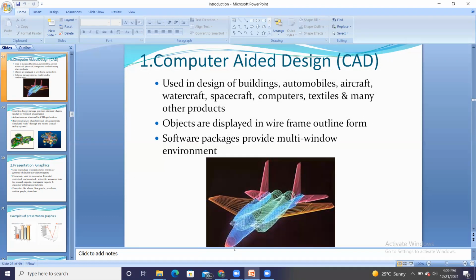It also provides a multi-window environment. It gives you different views like top view, bottom view, and side view. All those views are shown in multiple windows so that you can better imagine the outcome of the design. So always remember, CAD is a wire structure and a representation of an object in multi-window format.